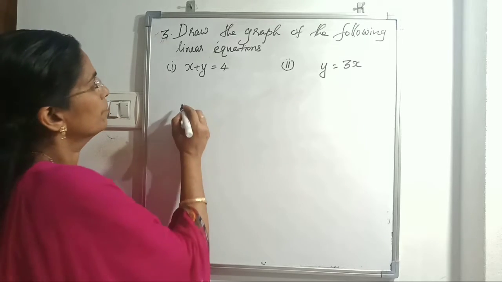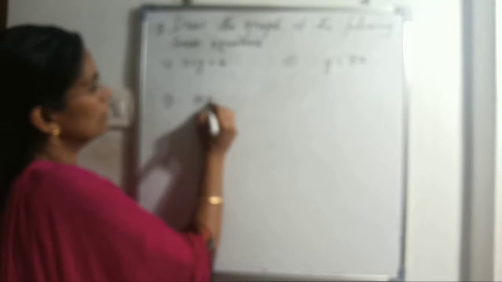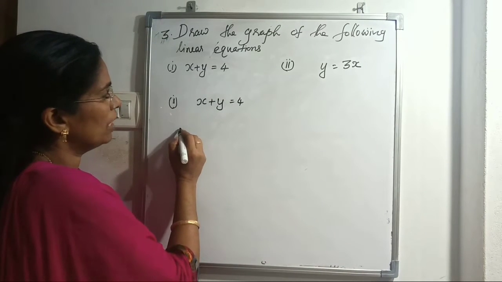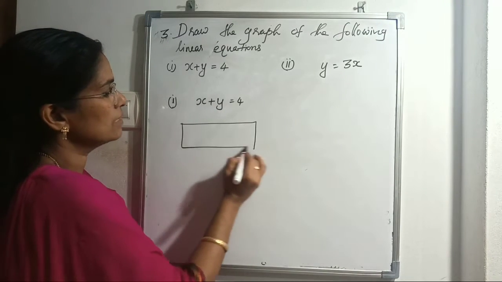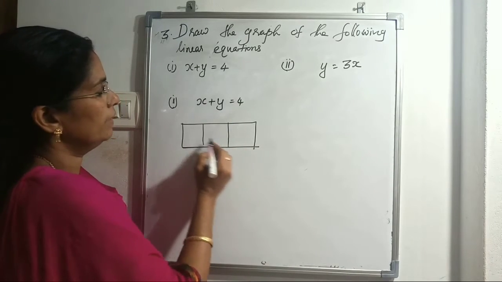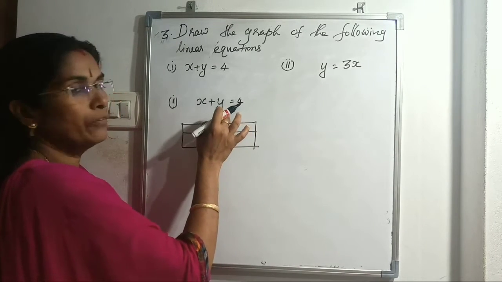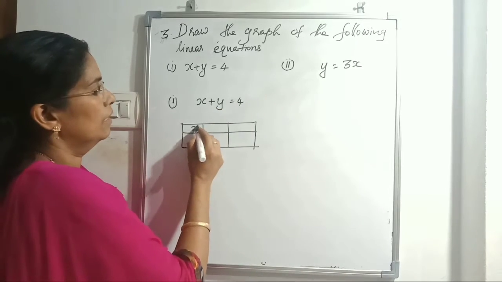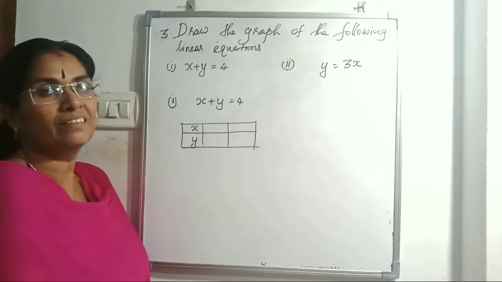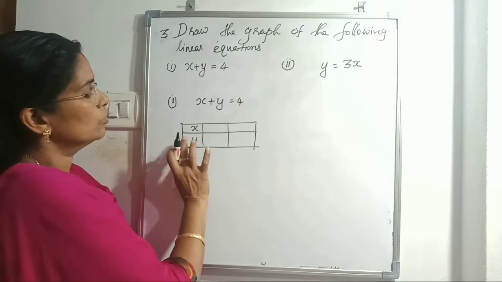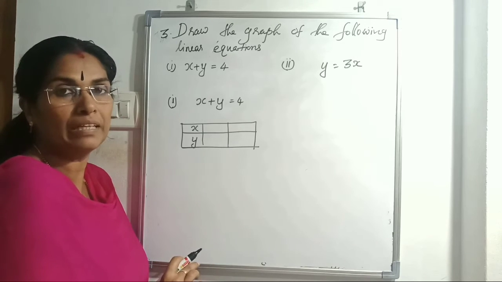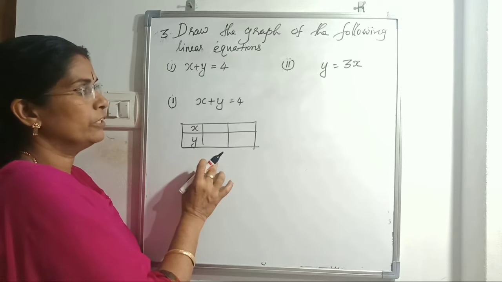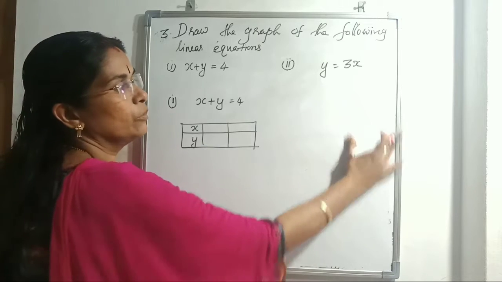First, you have to find the points for this. It is the solution we have to find. First, x plus y equal to 4. First we have to find the table for these points. We are drawing the table like this. At least two solutions you have to find for this. If you take 3, then it will be more perfect. We learned in the last class how to find the solution of a linear equation. Like this we are finding the points. If anybody needs more calculation, he can do it here also.